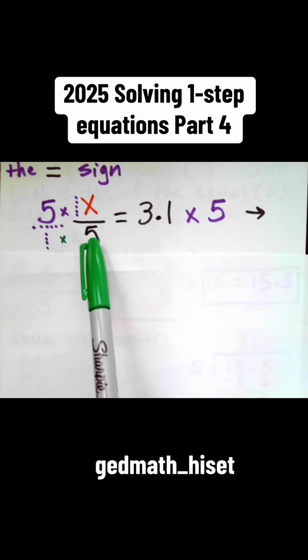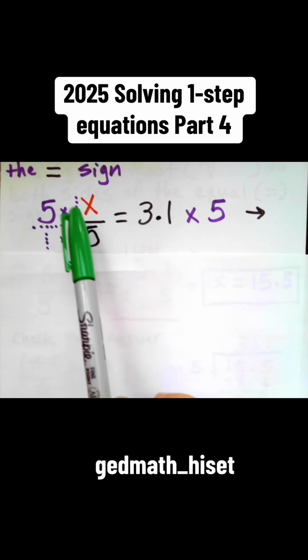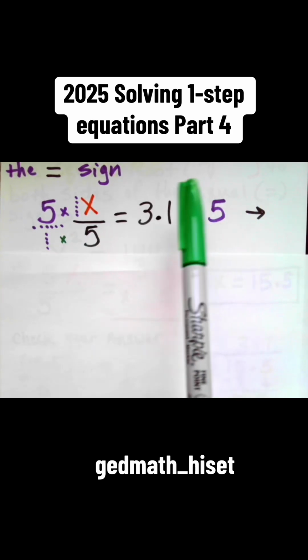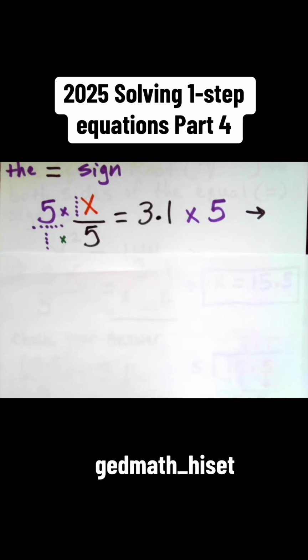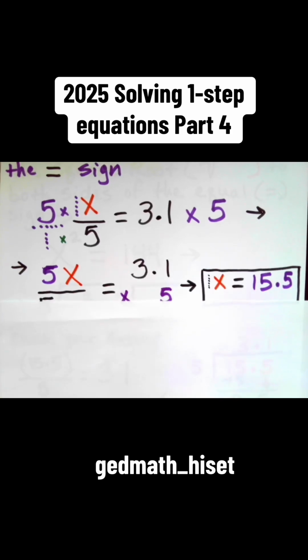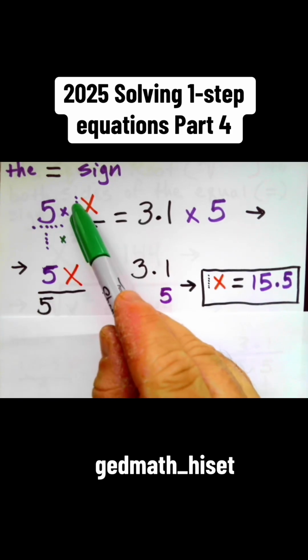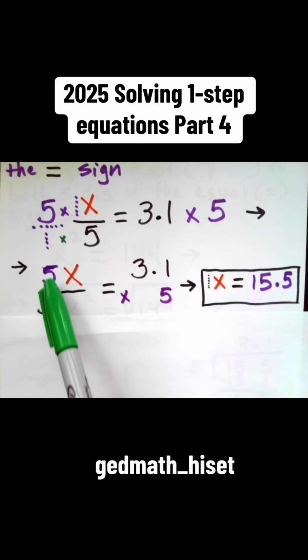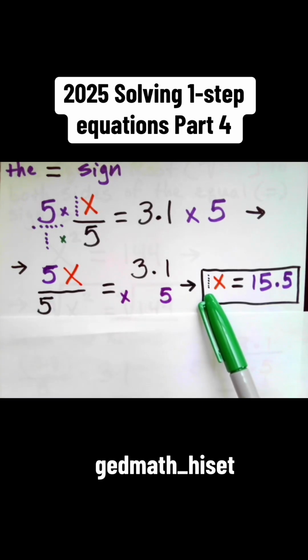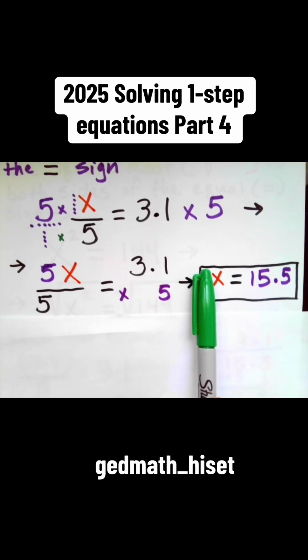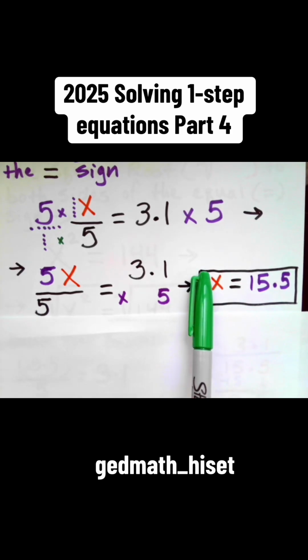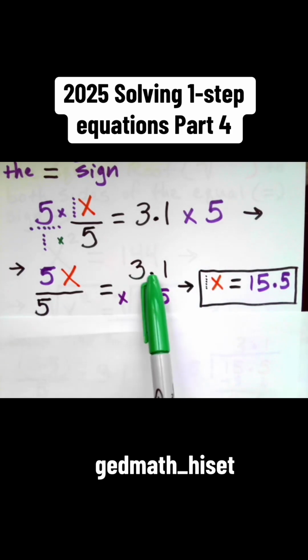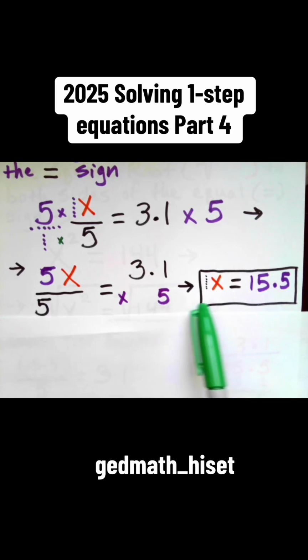1 times 5 is 5. What I do on the left side, I multiplied 5. I have to do on the right side. So 3 and 1/10 is going to be multiplied times 5. And I wanted to show you here, again, 5 times x is 5x. 1 times 5 is 5. Anything over itself is 1. That's the invisible one you see here, which is 1x. All right, 3.1 times 5 is